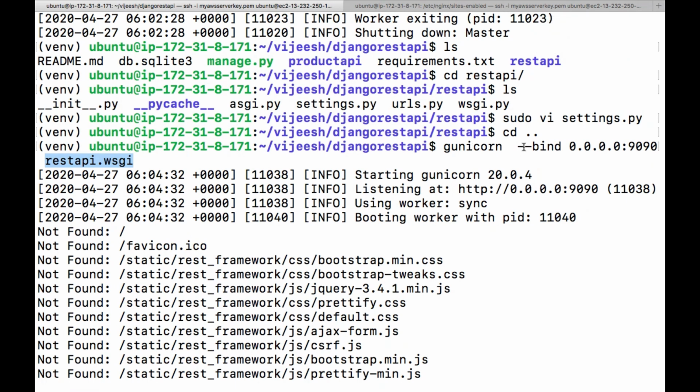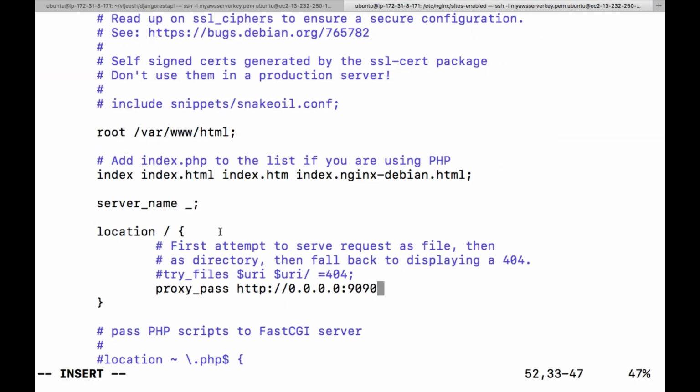Okay, so here Gunicorn is connected to Django, and Gunicorn is running on this particular port, and this is the Nginx server configuration. Here we are providing a statement like proxy pass. So Nginx will act as a proxy for this particular URL, and here we need to provide a semicolon. Now Nginx will route all the requests to Gunicorn, and if you need only specific requests, we can do that also.